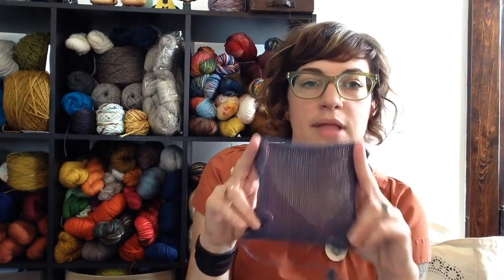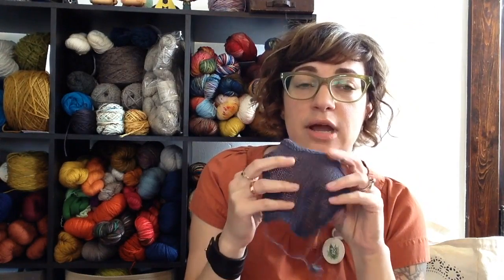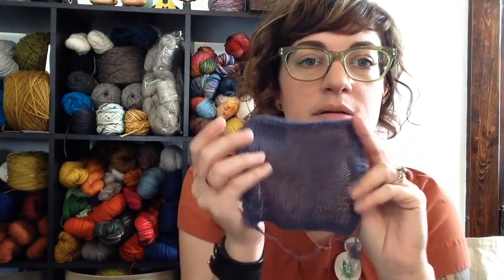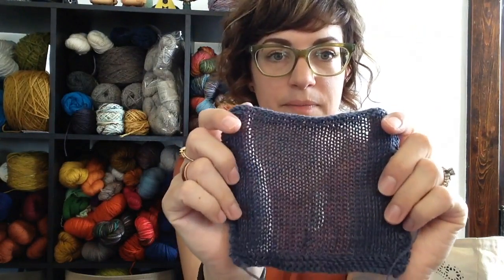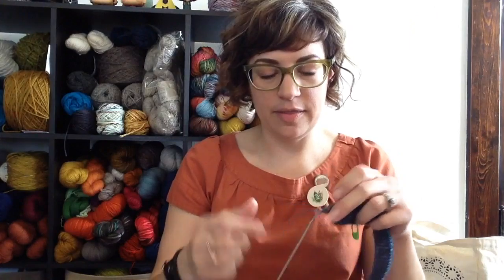this. And what you do with linen is you don't block it like wool. You actually wash it in the washer and dry it in the dryer. So it's nice. It gets softer every time you wash it. So I've started that. I'm only on the back,